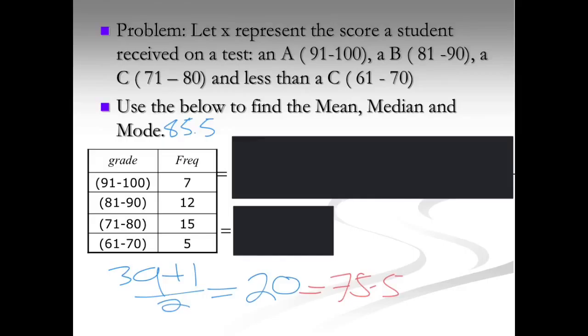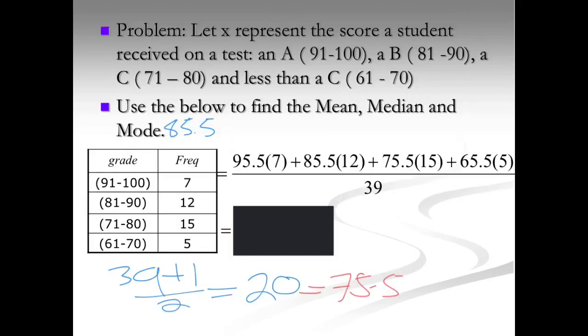And finally, we want to find our mean. So to find our mean, again, when we have group data, instead of using a range of values, 91 to 100, we're going to average each one of these numbers. And then similarly to our last problem with the cars, we're going to multiply them by the frequencies. So looking at our formula, we have